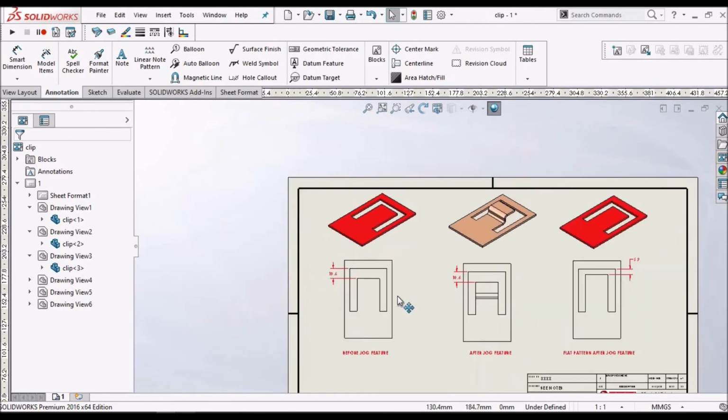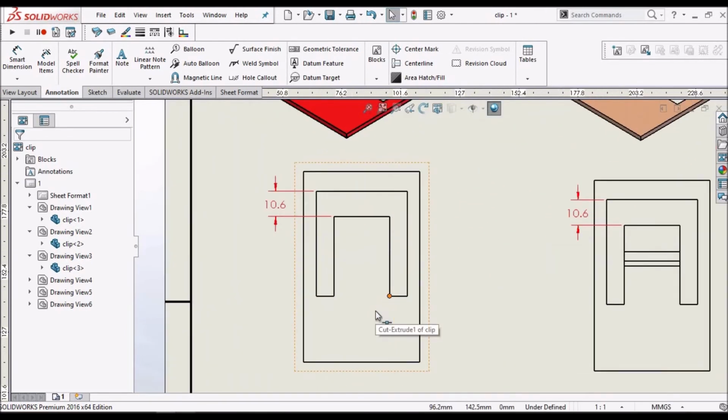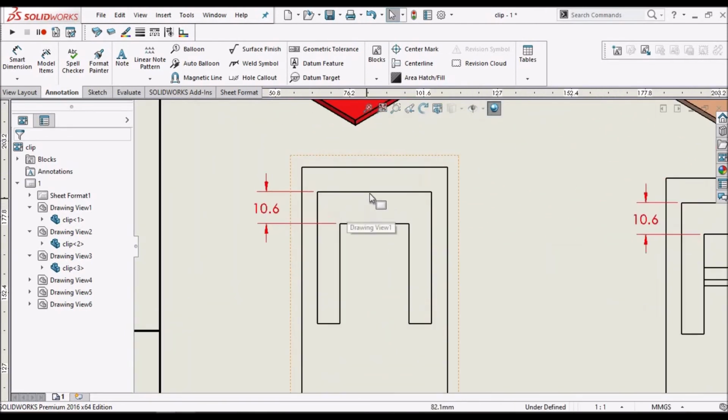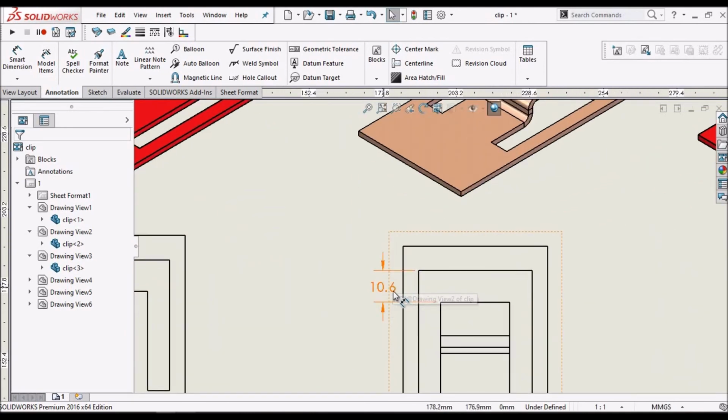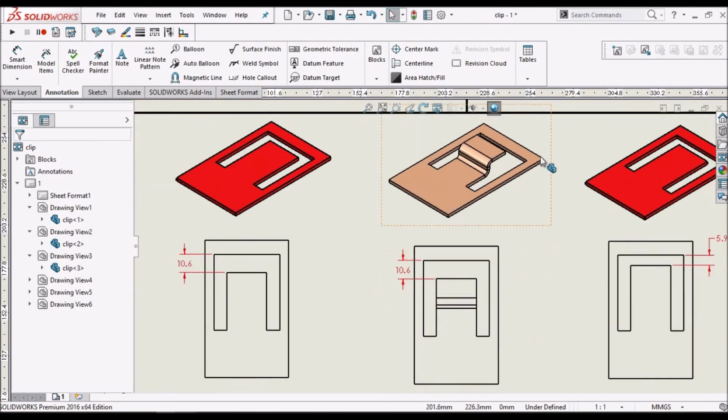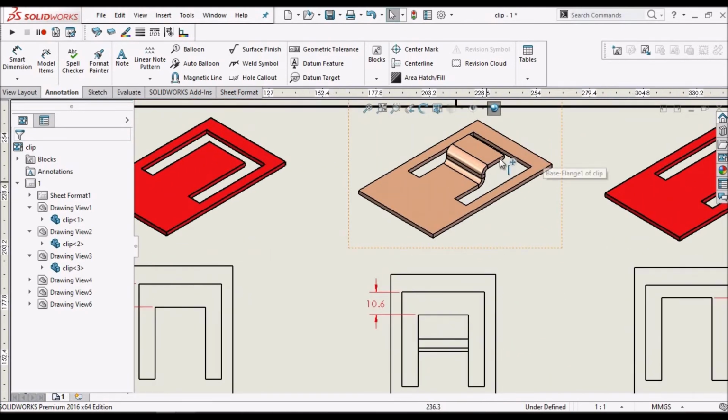See, the initial component has a distance of 10.6 between these two edges, and when I create this jog, the value is also 10.6. That means it exactly calculates to the end of this edge.